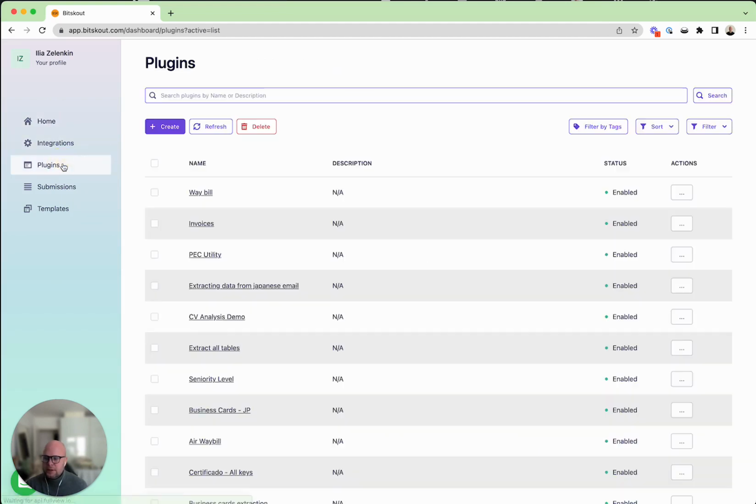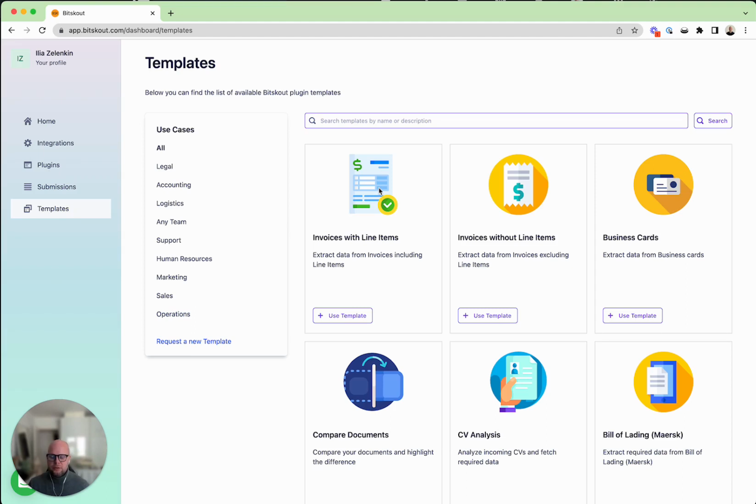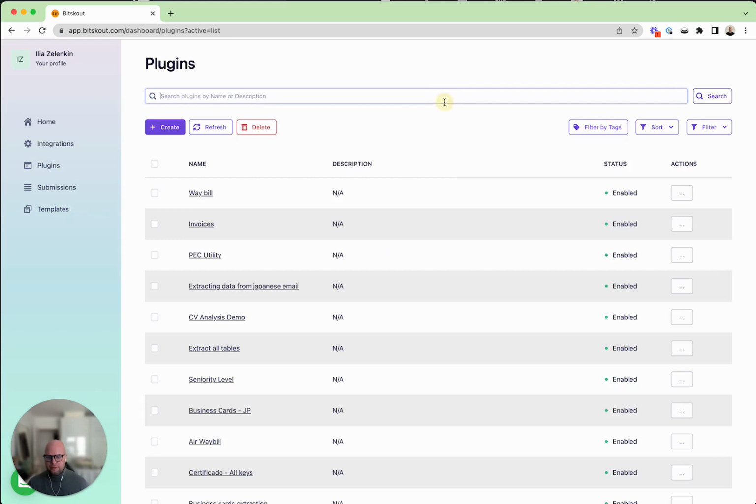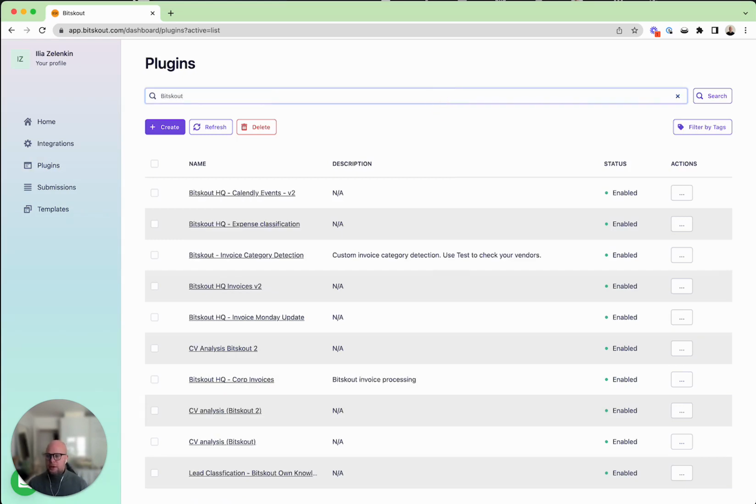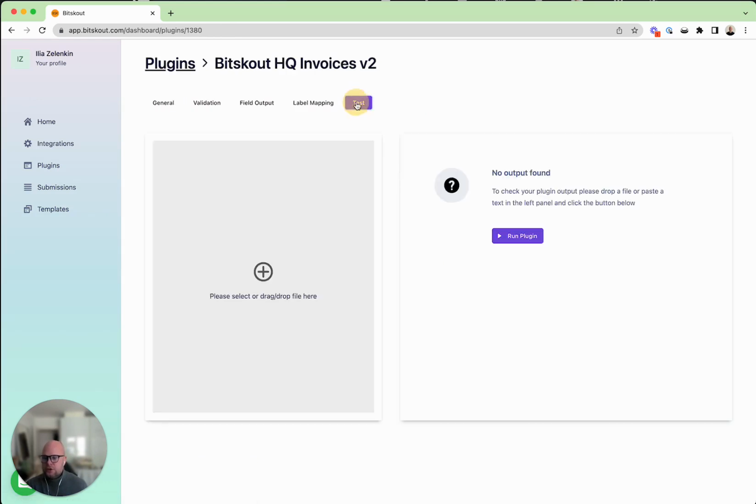Now, the next step, let's test invoices. And for invoices, you can also use the invoice plugin template here. There is no special Japanese invoice plugin template. You can use a standard one, which I already have, that I'm using to analyze my own invoices and expenses. And what we're gonna do is we're gonna load here